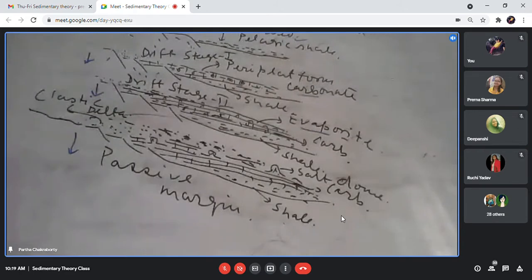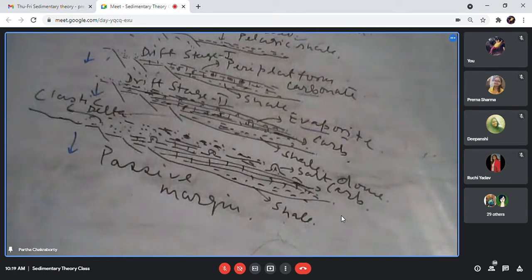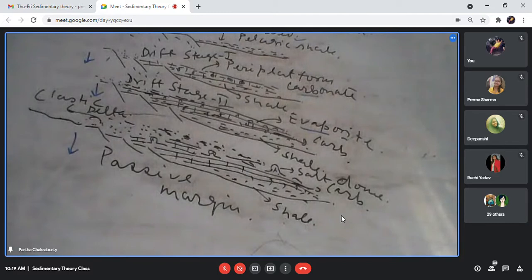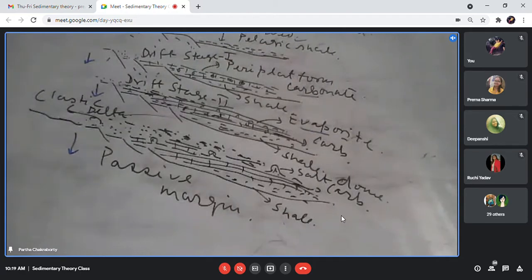Now, if I see the east coast and the crust of the Indian craton below the east coast of India, we will see that this crust pattern changes from continental to transitional to ocean basin, what I had drawn in my earlier slide. This is a classic example. And what we are getting now in the east coast is a large number of deltas. Krishna Godavari, Mahanadi, all these are deltas. They are supplying huge sediment in the east coast.